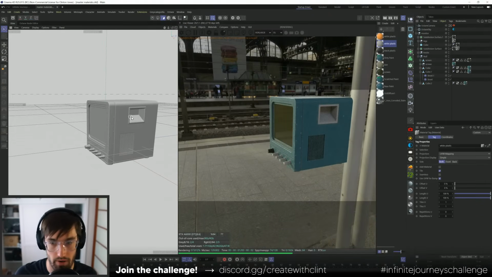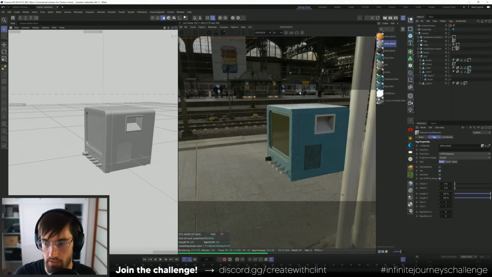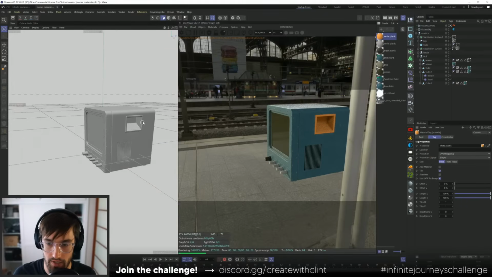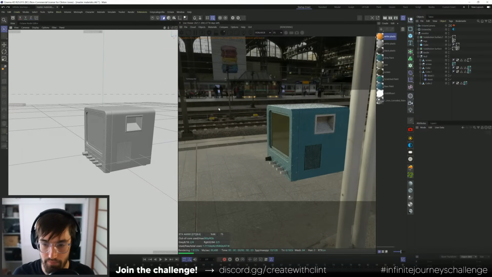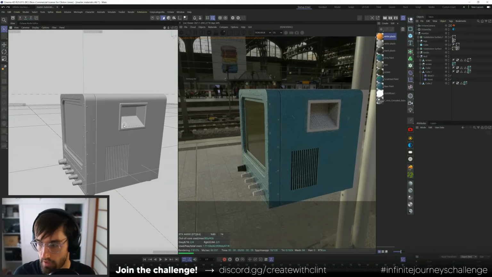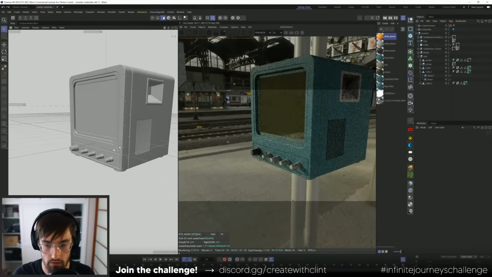Maybe that feels a little bit better. I can always change it later. That's the best part. You just change it later. Maybe we make it orange. It's definitely not the way to go. You could do a brown, like a nasty brown. That could potentially work, but